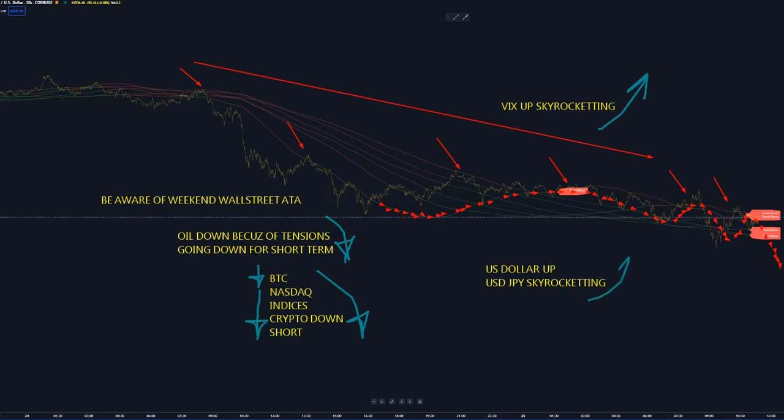And last but not least, we have seen that company-specific news, earnings reports, regulatory developments can also impact individual stock prices and broader indices. And of course, the global market dynamics, like stock markets, are interconnected globally, and developments in international